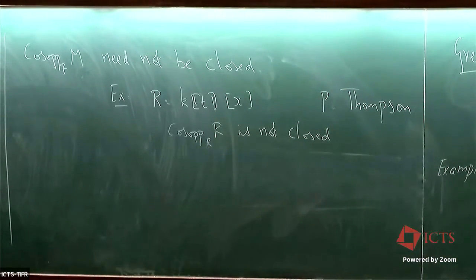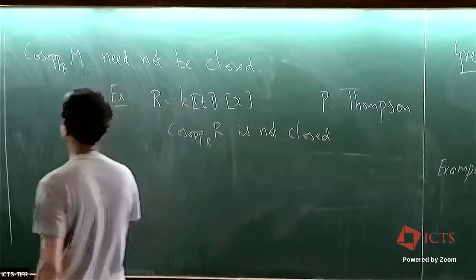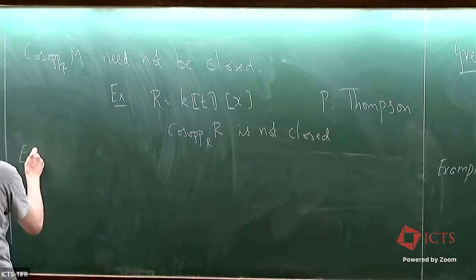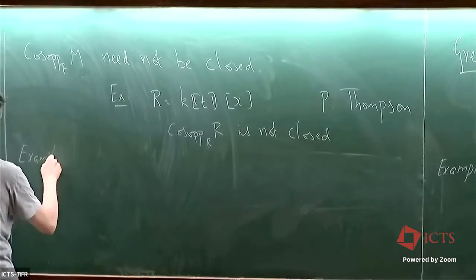Okay, so co-support is, in this case, not closed. It is specialization closed in this example, but I don't know that this is a general statement. So the co-support can be quite complicated. It also can be quite small. Here's an example that's not so hard. It's really connected with a computation we did earlier, or I hinted at earlier.